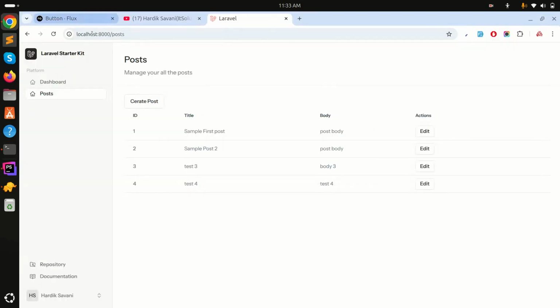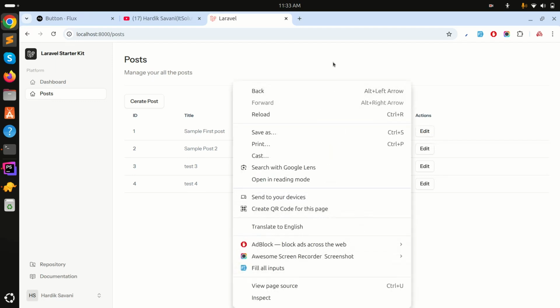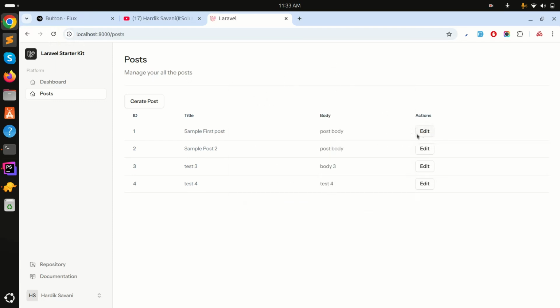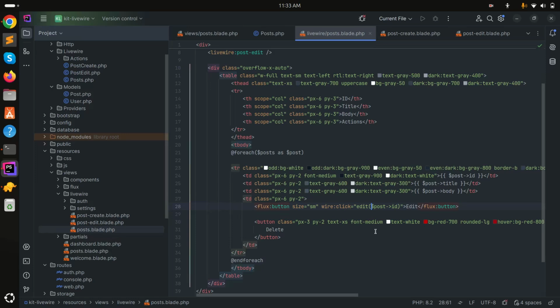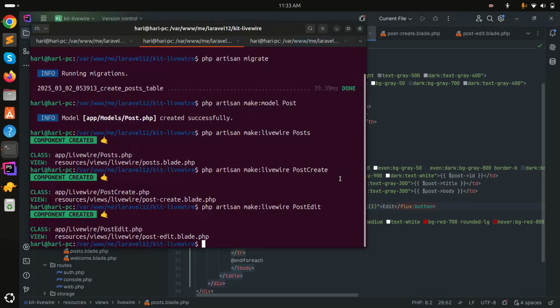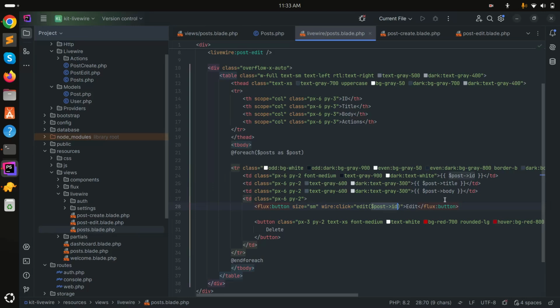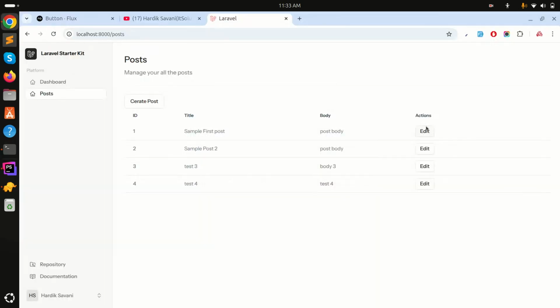Okay, now let me go here and refresh it, click on edit. It's nothing. Let me go here, why it's nothing, refresh it. Let me go here and click, let me pass it manually, save it, refresh, click on it. Yeah, now it's working. Okay, so that means we are not correctly passing this ID. So maybe I need to use something like this way, save it, refresh, and click on edit. Yeah, you can see that if I click on this, I got these two. Okay, so now what I need to do,